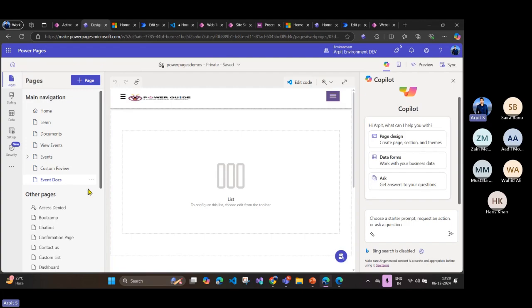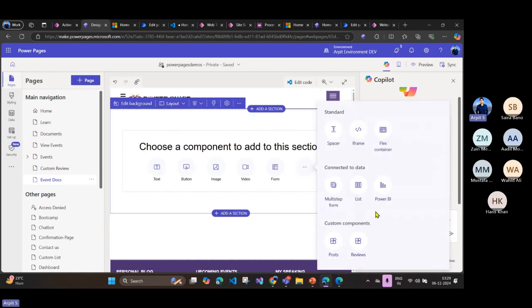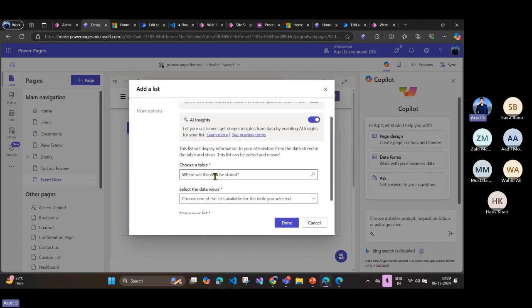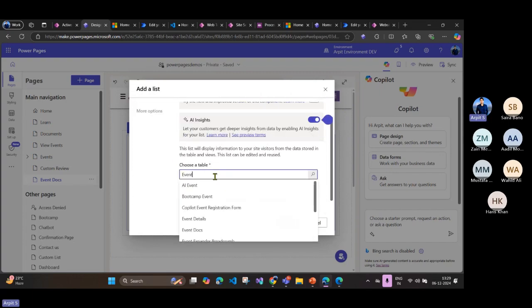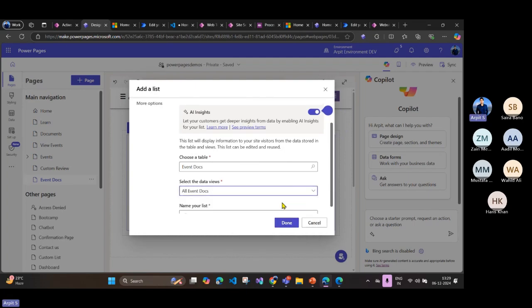Okay, so if I go to event docs and then click here, let me delete it. Go here and then list, new list in the report, event docs, select view, active event docs, or all event maybe. And then